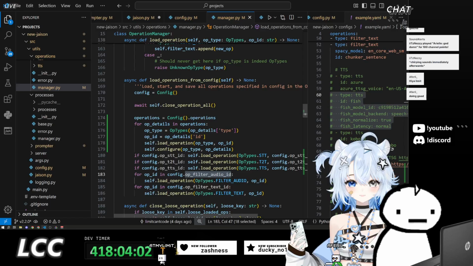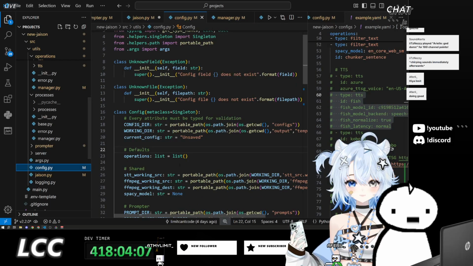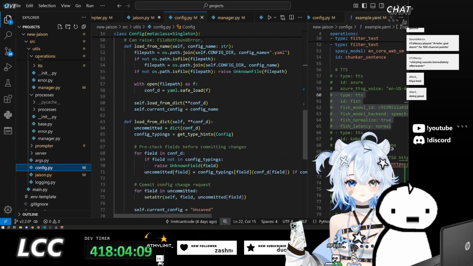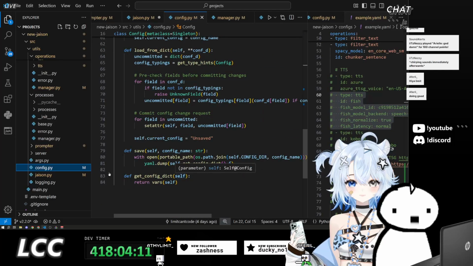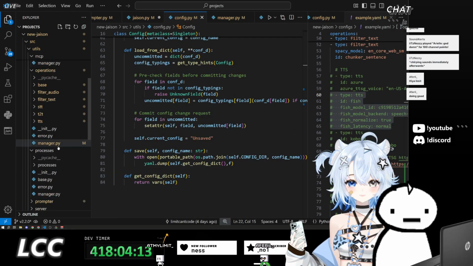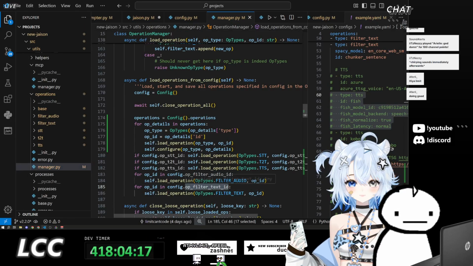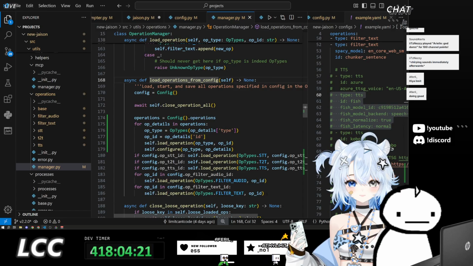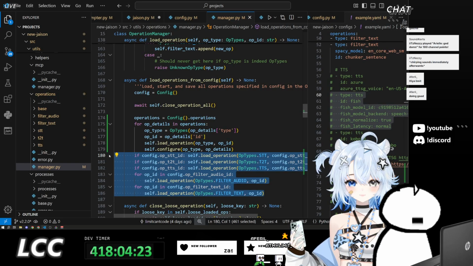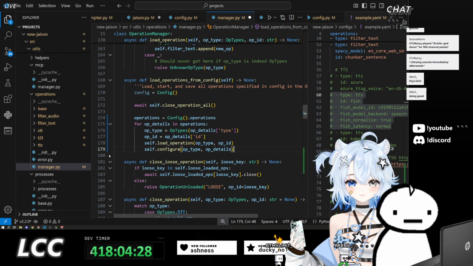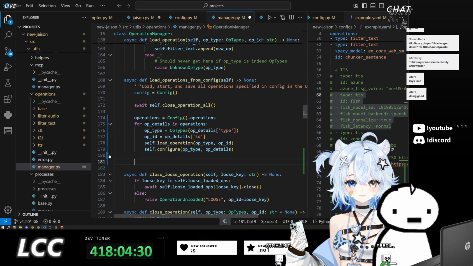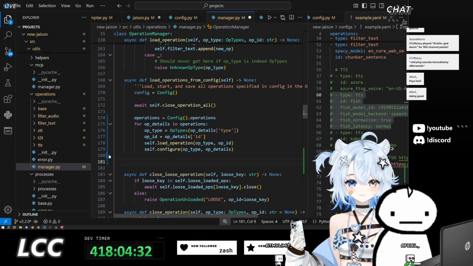Where did op filter audio ID come from? I guess I don't have it here anymore. I guess, no. This was an outdated function because these weren't even inside the configuration, and I wasn't even making use of this function in the first place, so yeah. We'll get rid of these, but we'll also need to load operations from config.